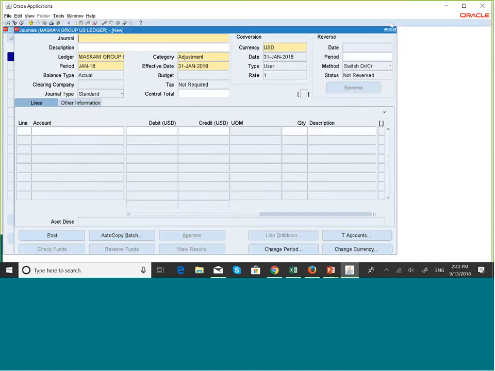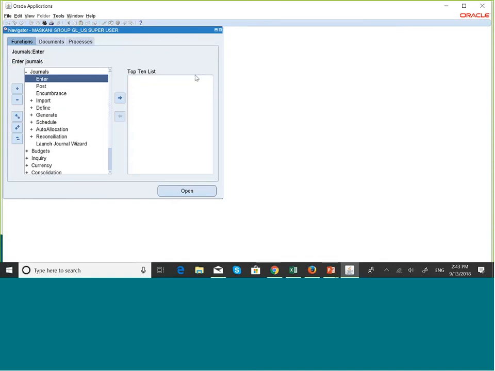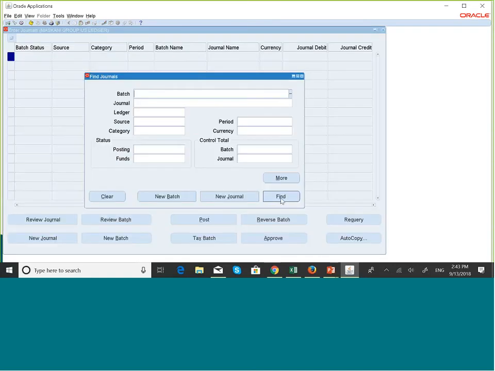Now, I wanted to clarify something for anyone watching this video. As you can see, when Victor searched for the journal, he didn't put any criteria for the search, and it brought all the journals that he has. Assuming you're working as a consultant or an end user of the system, you might have created thousands and thousands of journals. You can imagine working for a big multinational firm, how many journals you can be entering. It's a lot. So if you do the same blind search like he did without any criteria,